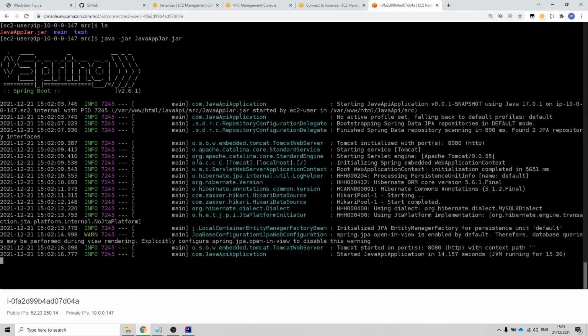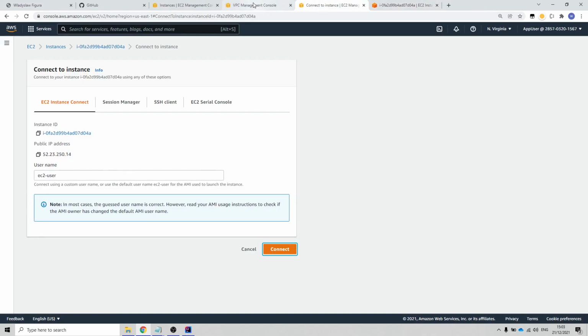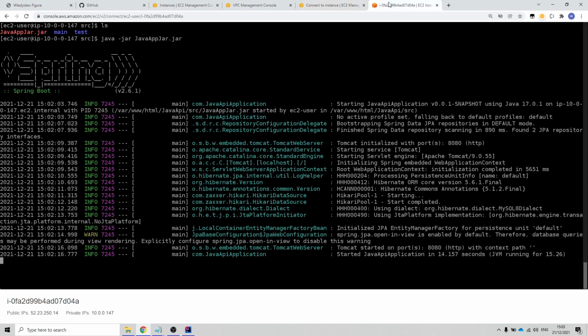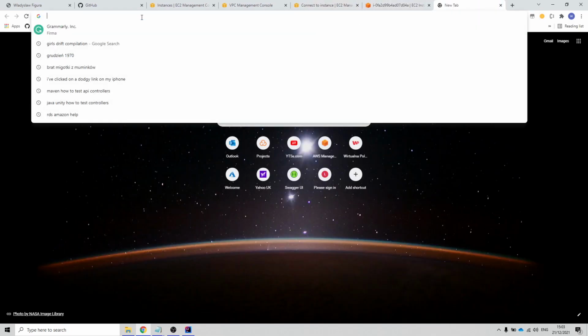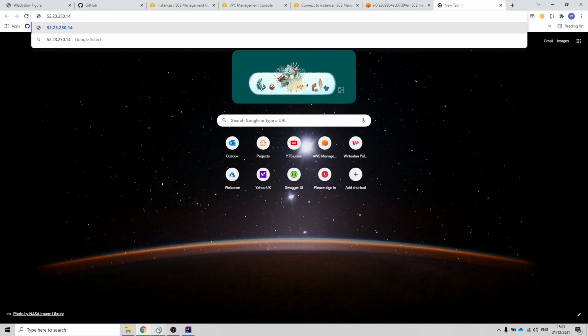So now we want to have access to our application. So go back to your instance. Here's the public IP address, just copy it. Control C, Control V, and